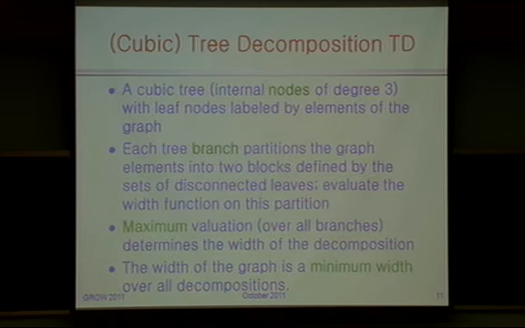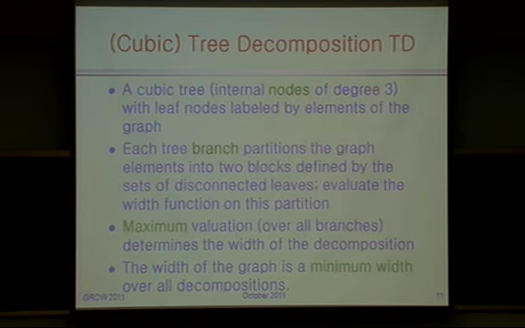Each branch of the tree partitions the graph elements that label the leaves into 2 blocks defined by a set of disconnected leaves, and then we evaluate the width function on this partition, and the maximum valuation over all branches determines the width of the decomposition, and the minimum width over all decompositions